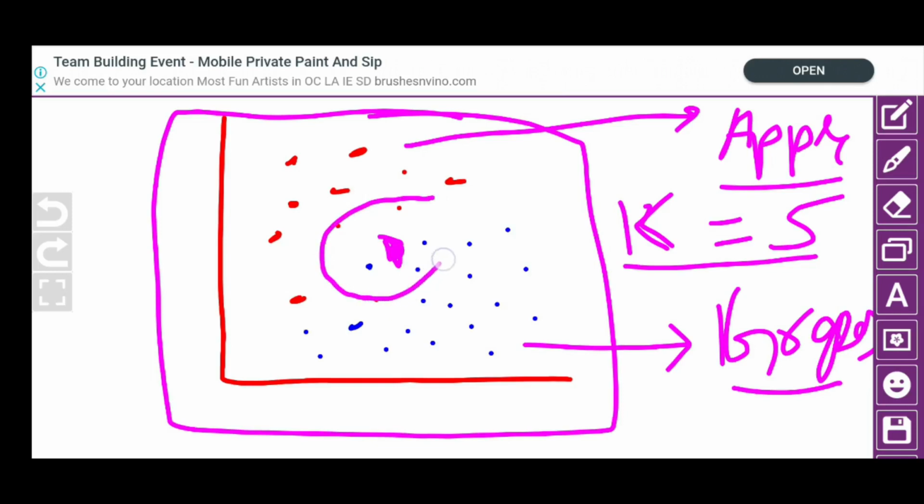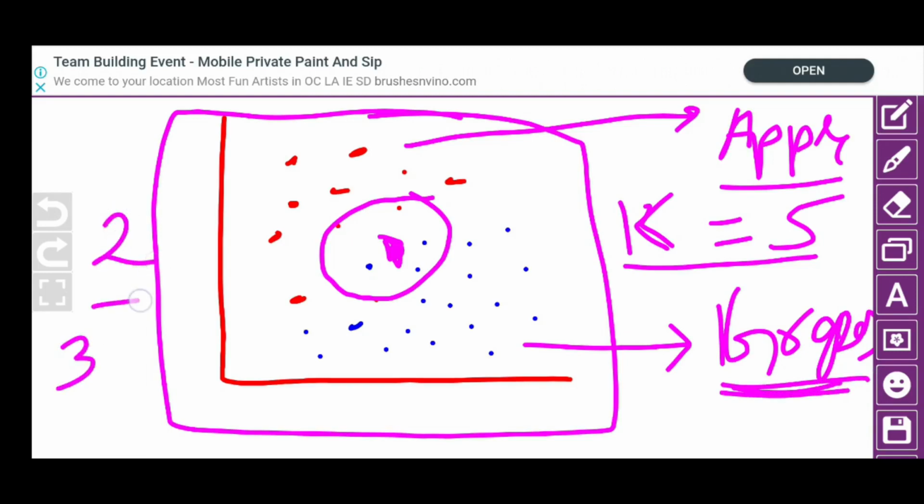Inside these 5 values I will check how many are apples and how many are grapes. Based on whichever is the maximum number, for example, let's say here we have 3 blue values, or 3 grapes, and similarly 2 apples.